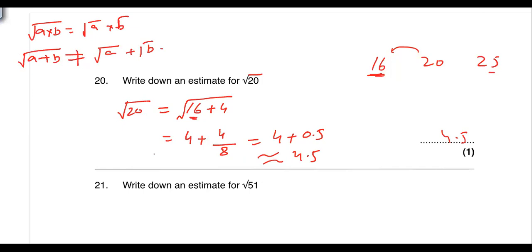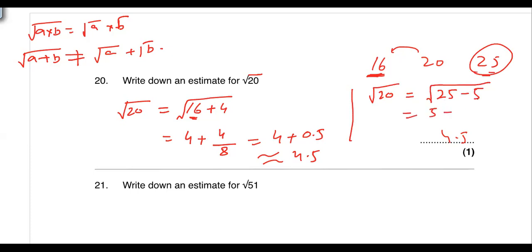You have to remember, okay? The simple way is, for every number, before the number and after the number, there is a square number. Write these numbers. In the same way, you can do an alternative method also. You can write the square root of 20 as the square root of 25 minus 5. Now what is the square root of 25? 5, minus 5 over double of this one, 10. So that will also be 4.5. So any one of them you can use. Okay.